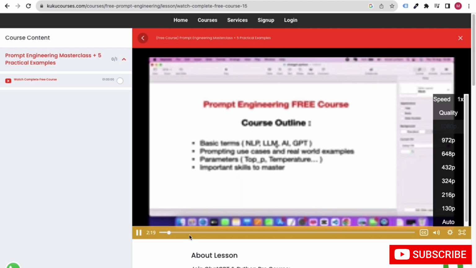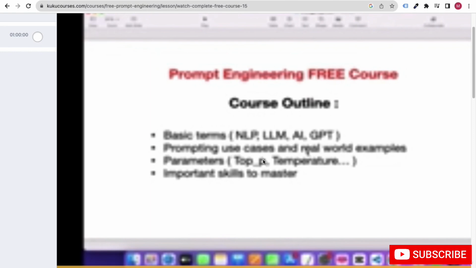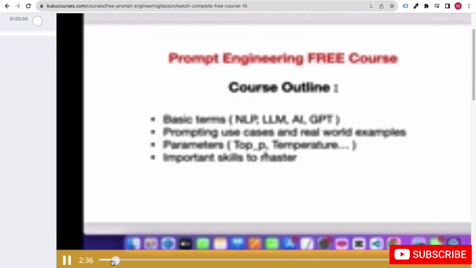Now what these terms are and what their meaning is, that is what we will cover inside this course. The quality will improve in a few seconds, the quality will increase automatically.